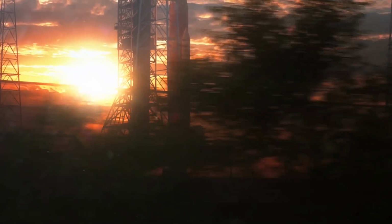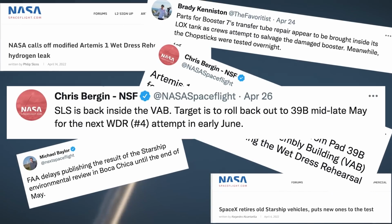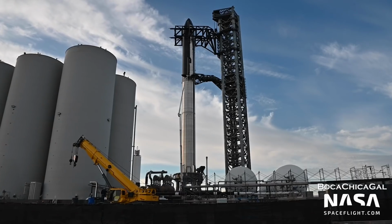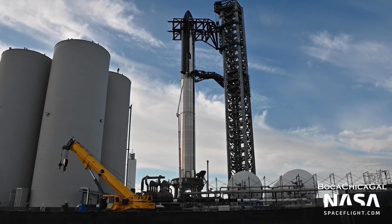It's the question we've all been asking. Who will get to orbit first? SLS or Starship? Things certainly aren't going as fast as NASA and SpaceX might like, but are things getting clearer? The race isn't over yet. I'm Hagen Warren with NASA Spaceflight, and let's dig into where things stand with SLS and Starship and which might